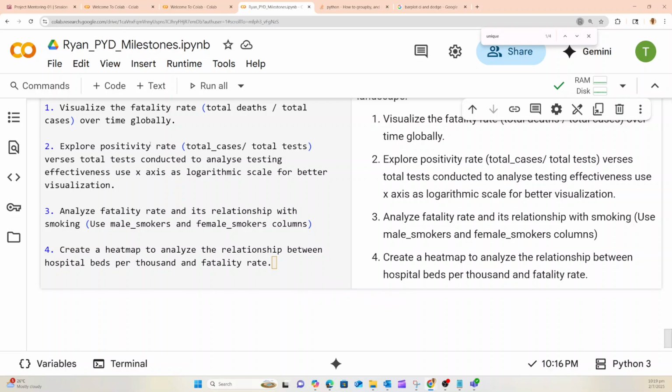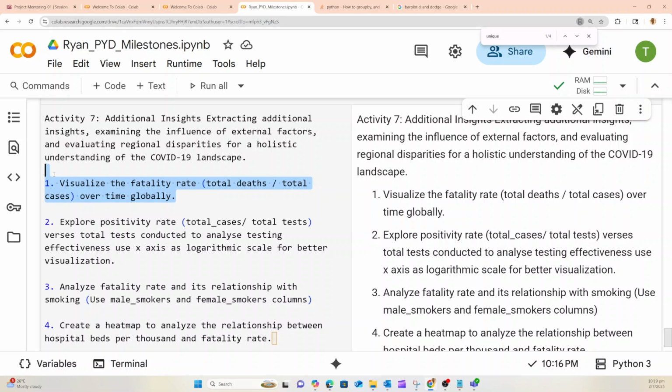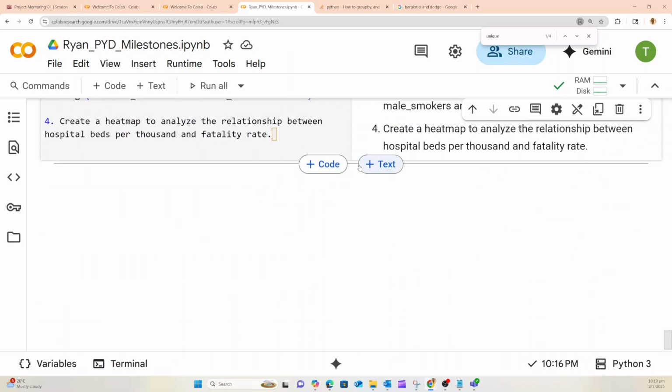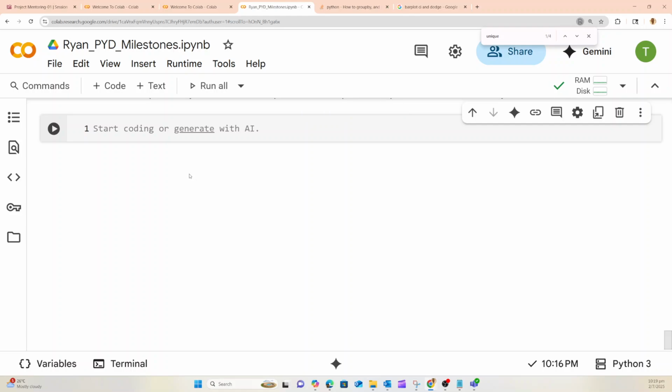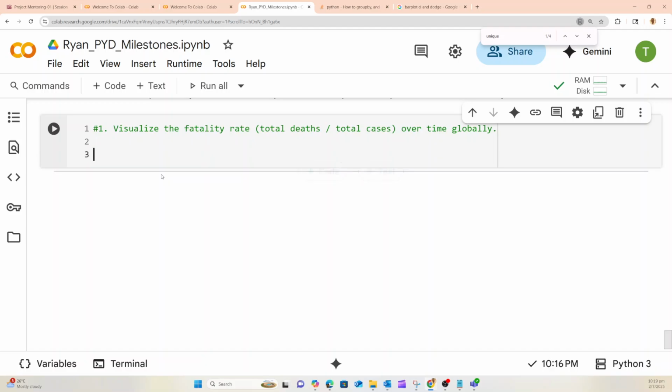So first, visualize the fatality rate. Fatality rate is the formula total death divided by the total cases over time globally. First we need to calculate the fatality rate.